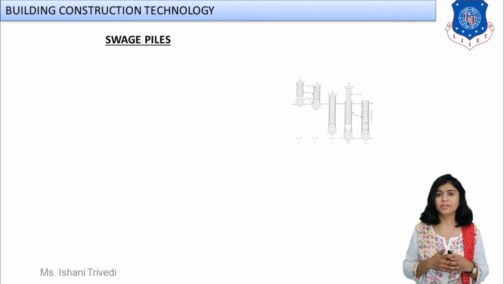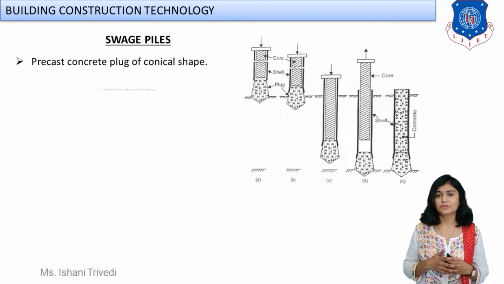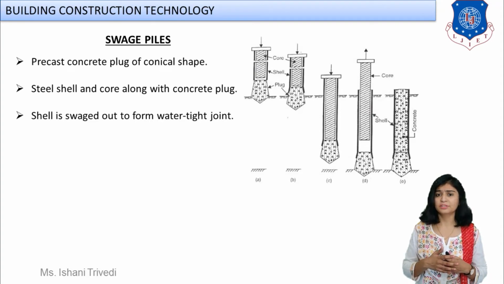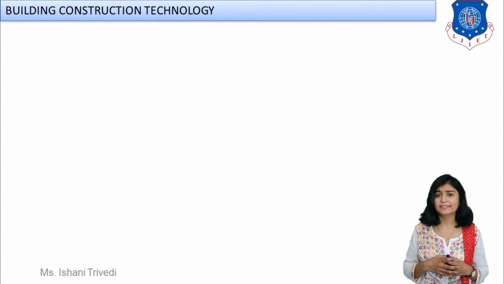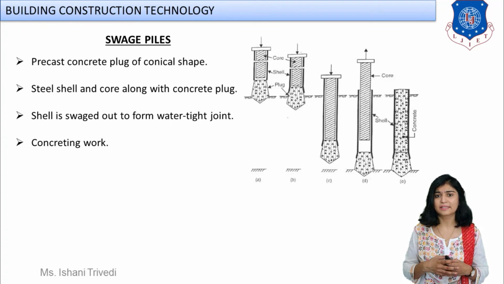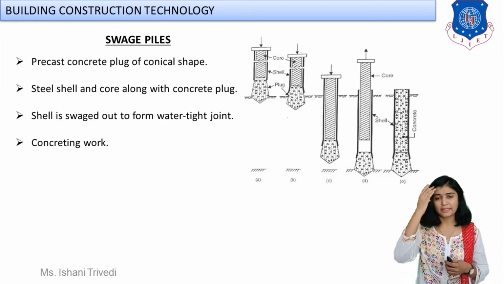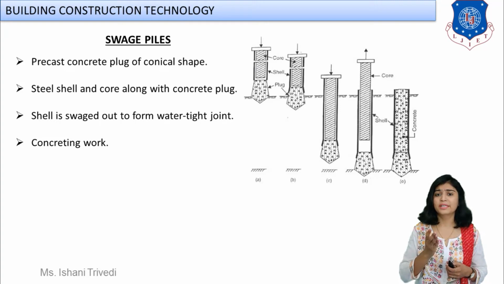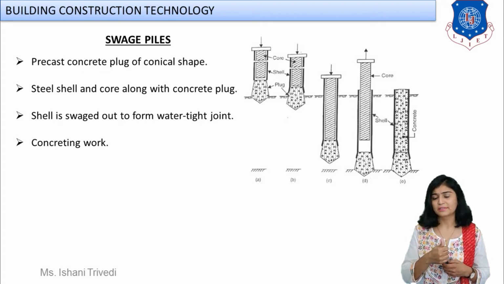Next we are moving to the third type, that is your swage piles. The third example of the cased cast in situ concrete piles is swage pile. Now, what is swage pile? I think if you understood the Raymond piles and MacArthur pile, then you will be able to understand from the sketch itself what a swage pile is. So what we can see over here in the first is the shell and mandrel. That equipment is going to remain common.